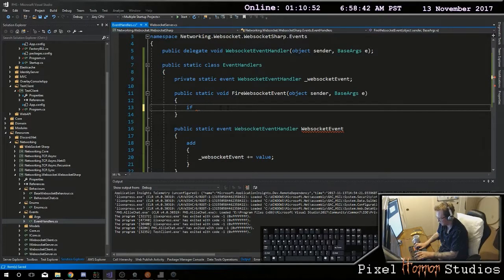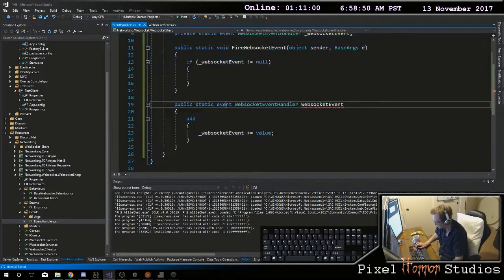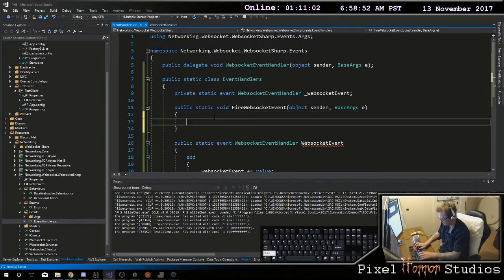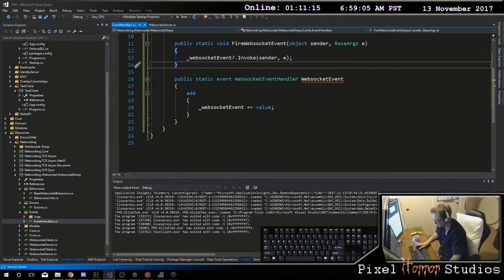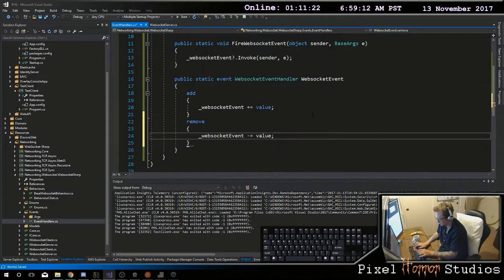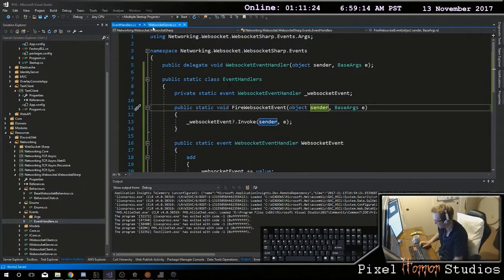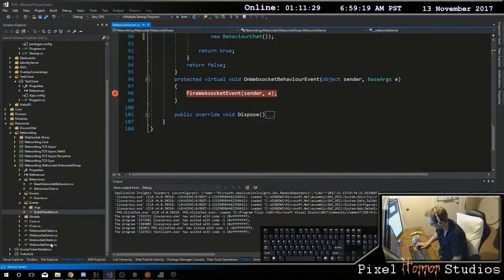And so now if my WebSocket event does not equal null, then what you want to do is fire it. Oops, they changed the syntax. Again, WebSocket event invoke, and you want to do this from your object and then this e. Okay, and then here you need to do a remove. Okay, and now that we have that thing completed, when I get my event here in the server,